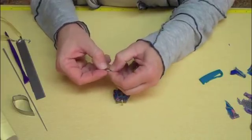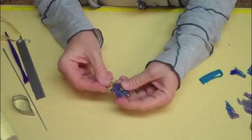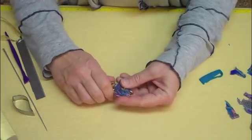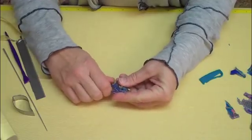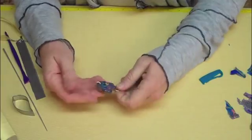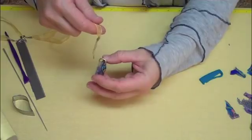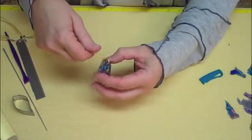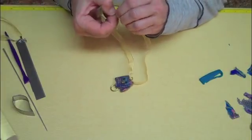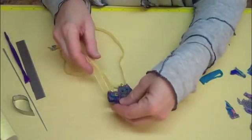Now if you want to go ahead and put a charm on this one, you can go ahead and do that, and then insert your jump ring in the holes like this and squeeze it closed. String that onto your ribbon cord. Like so. And voila,